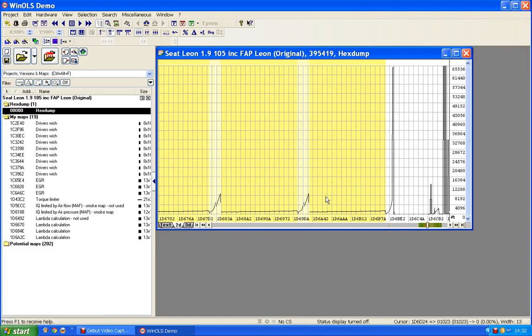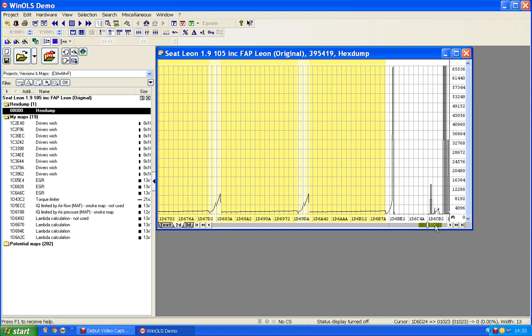Okay, for this video I'm going to have a look at what's known by most people as the torque to IQ, or injection quantity, conversion map. You don't find this in EDC16 maps because they're not torque based, or EDC15 files because they're not torque based. They are based on injection quantity all through, but the EDC16s are torque based, so you need a torque to IQ converter